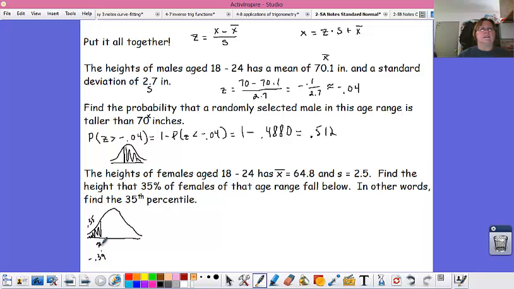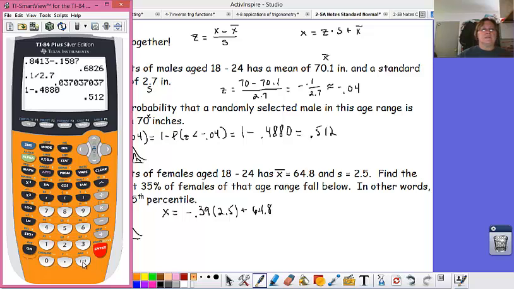All right, so not a question mark anymore. Okay, so now we want to find the data value. We have the z-score. We're going to use the formula here. X will equal, our z was negative 0.39, our standard deviation 2.5, the average height for women 64.8 inches. And I'm going to let my calculator do that work for me. Negative 0.39 times 2.5 plus 64.8. We're looking at 63.8 inches, about